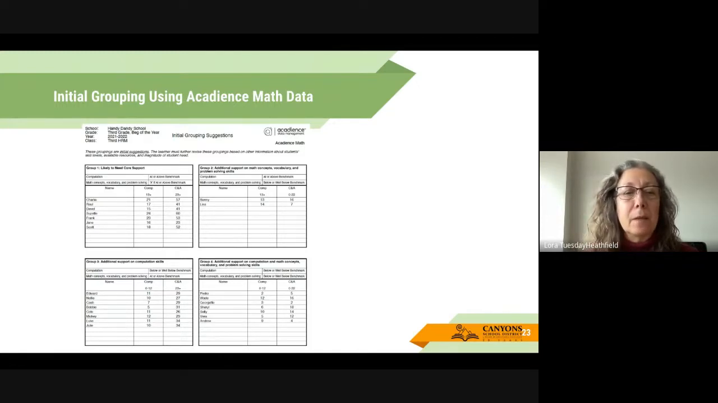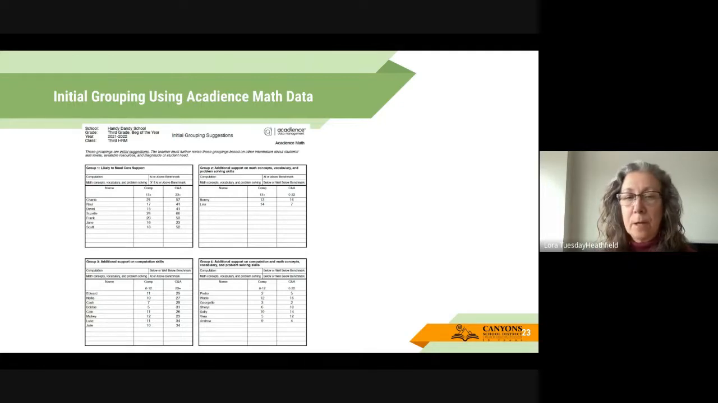Group 2 are students that need additional supports in computation and in concepts and application. Group 3, students that need additional support in computation. And then group 4 are students that might need additional support in both computation and concepts and applications. So it groups the students for you into these 4 initial categories, which may be helpful to start thinking about